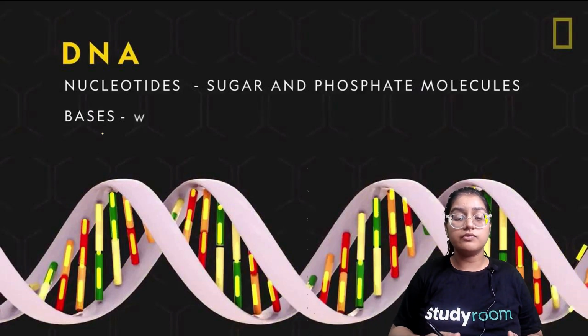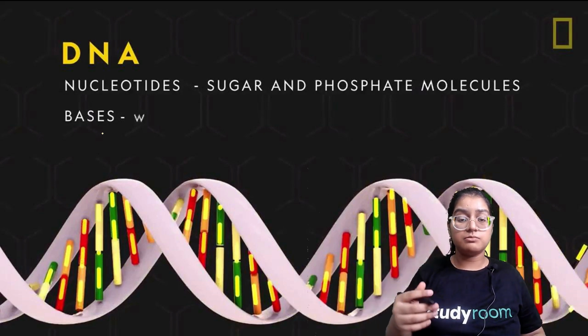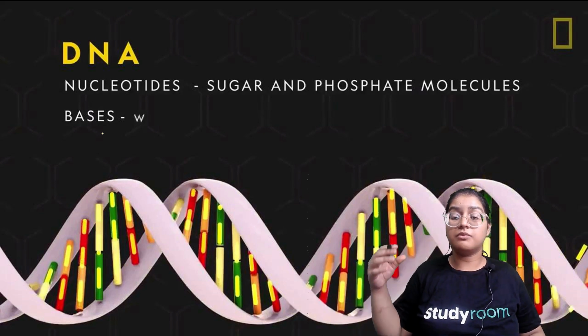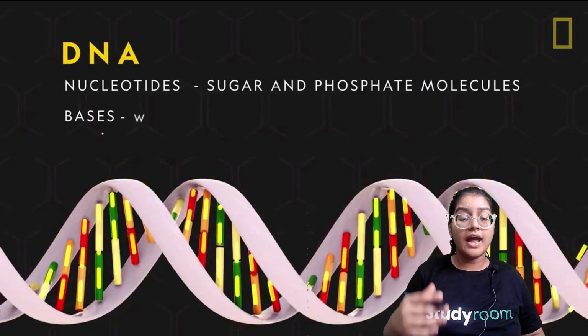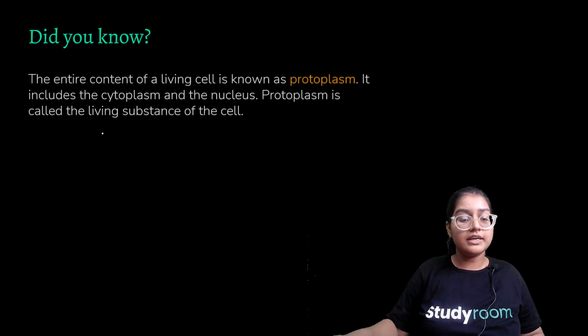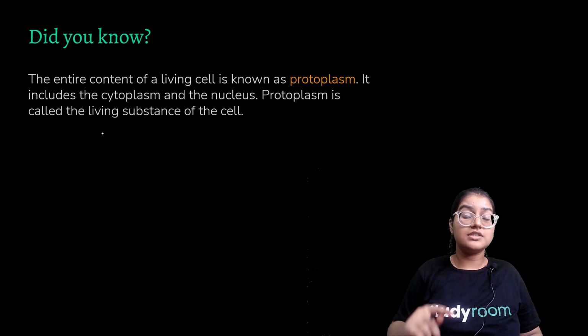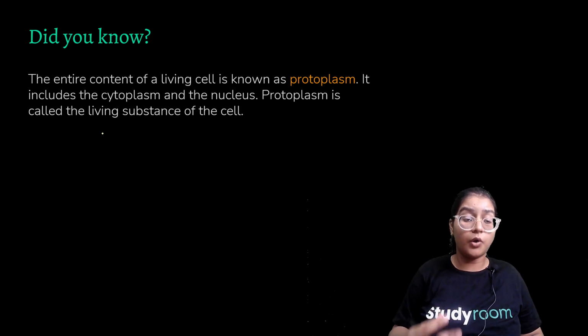The point which you have to remember here is, it is a double helical structure which is made up of nucleotides. Nucleotide is made up of sugar plus phosphate and bases, and it carries the genetic information. I hope the DNA part is clear now. And it all happens in the nucleus. So now you know why nucleus is very important for every cell.